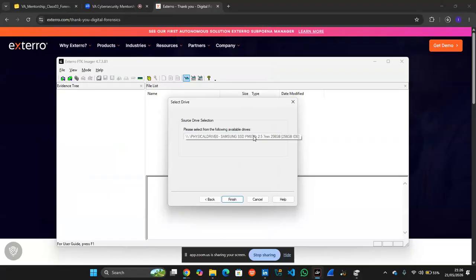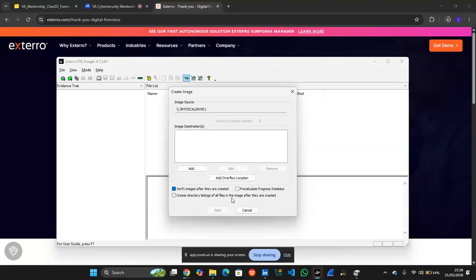We have my own hard disk, which is this Samsung SSD, and then we have this SanDisk Cruzer Blade USB 16 gig. It's a 16 gigabyte USB, it was showing 15 gig for some reason. So this backslash indicates that yeah, this is a physical disk. So you can just click on finish. After we click on finish, as you can see, yeah,